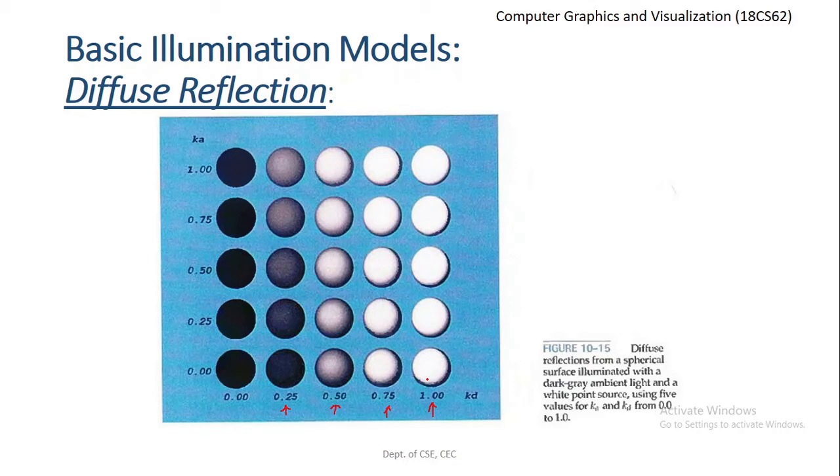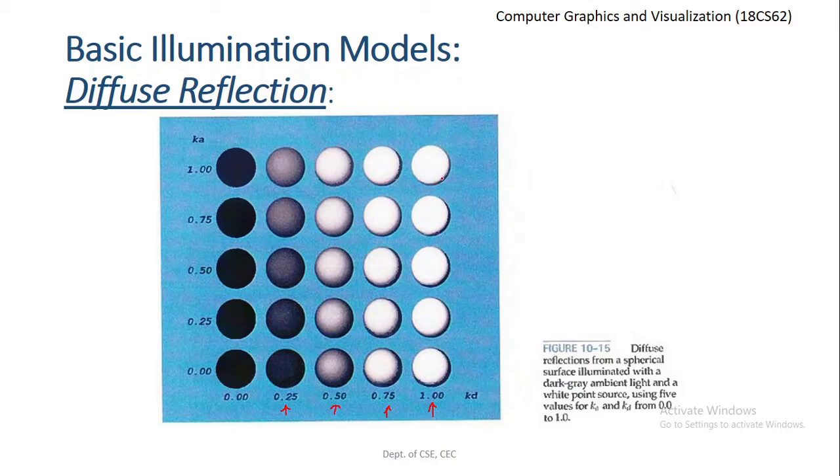So depending upon the orientation of the surface as well as the viewing direction, we can get different colors for a given point on a surface. Now this is an example where the value of Ka is set to 1 as well as the value of Kd is set to 1. So we have a very bright sphere here, with very little shades of darker gray over here.